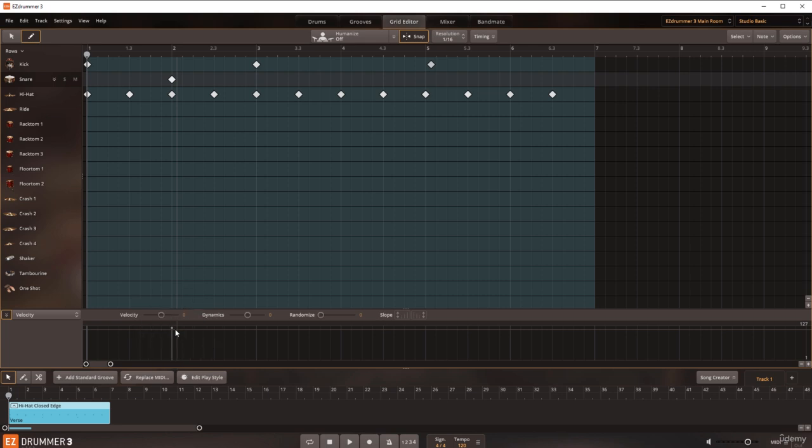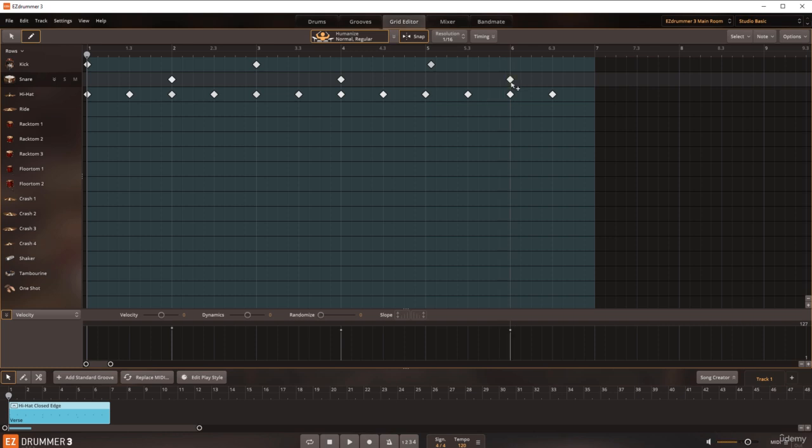We see by the adaptable vertical velocity sliders below the notes, any manually added snare hits are the same in terms of velocity values. Maybe I'll add another one there. Well, that's exactly the same. And another one there. They are all exactly the same velocity for all three of those hits. So if I just remove those two and come back to Humanize and switch it on,